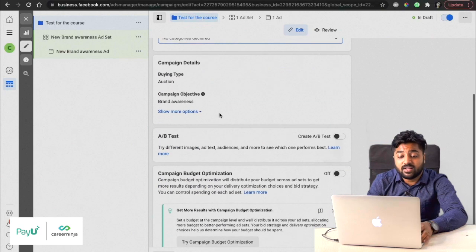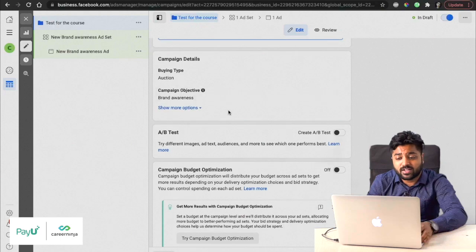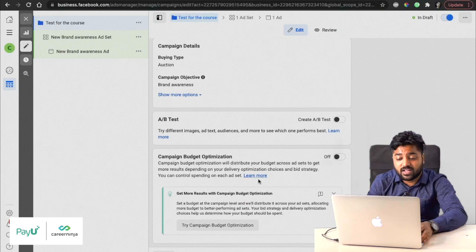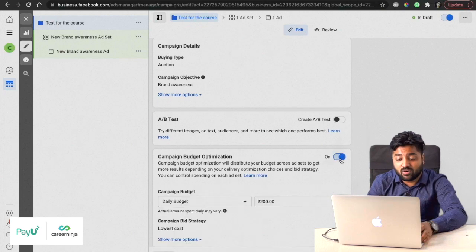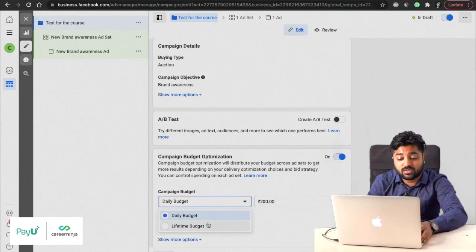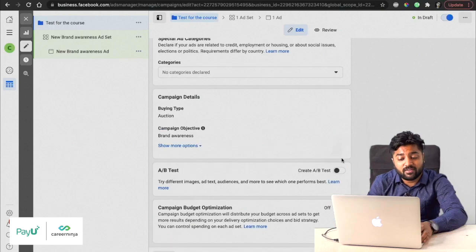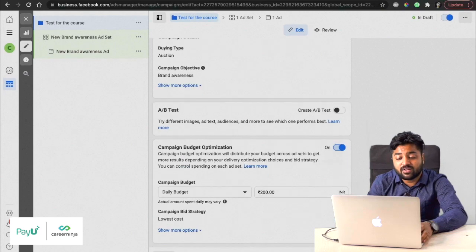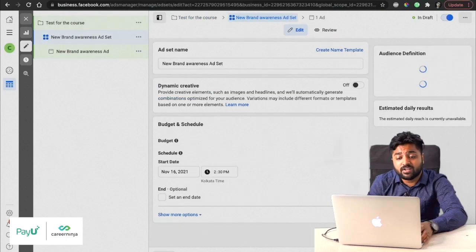Followed by that, campaign details are always over here, auction, brand awareness, and the multiple options you can test. Then there is A/B testing, campaign budget optimization. If you turn the budget on, you can actually set a daily budget. You can also set a lifetime budget. If you set it off, it will be optimized in itself eventually, but ideally it's recommended to set an optimized budget. I can set this up, and once I go next, it will take me to the final page